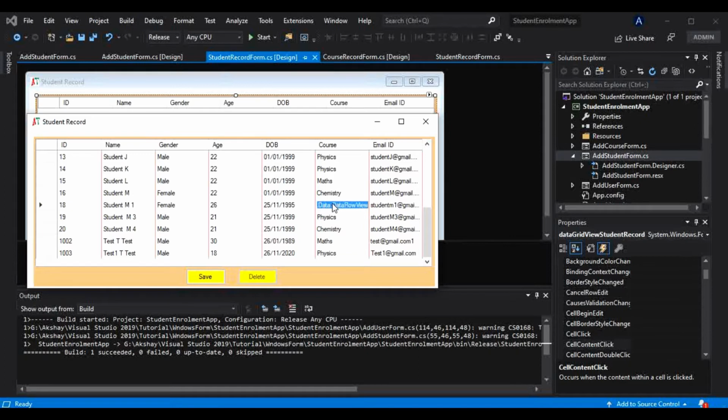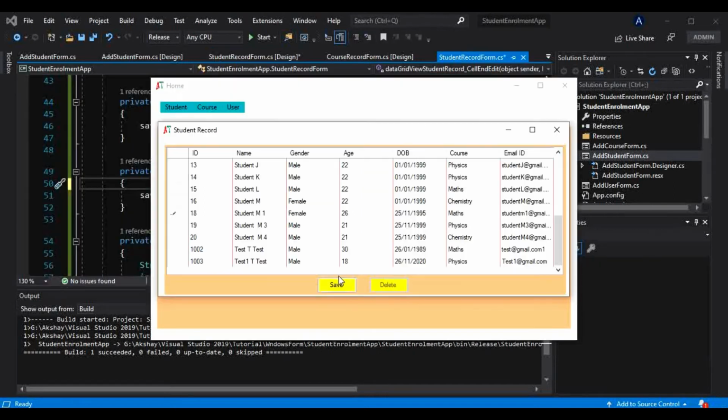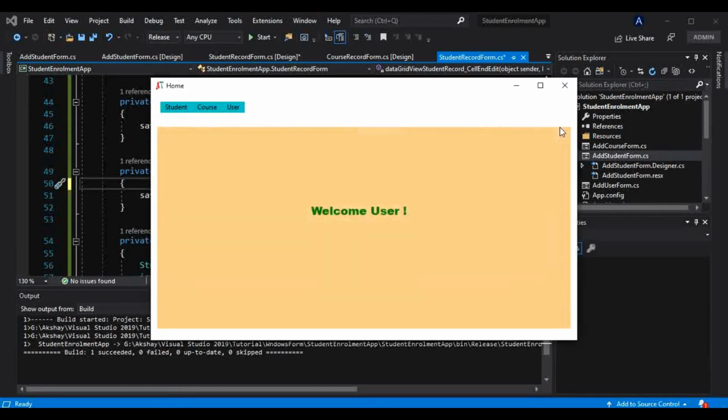So the user should only edit this one by one. So now if I edit this, let's say I want to make that maths. Now if I save this, after that it should get disabled, and only the next time I go in the edit mode, it is enabled again. So that is why we should not allow the bulk update there, and we can do that as well, but anyway, this is very simple editing I am showing you.